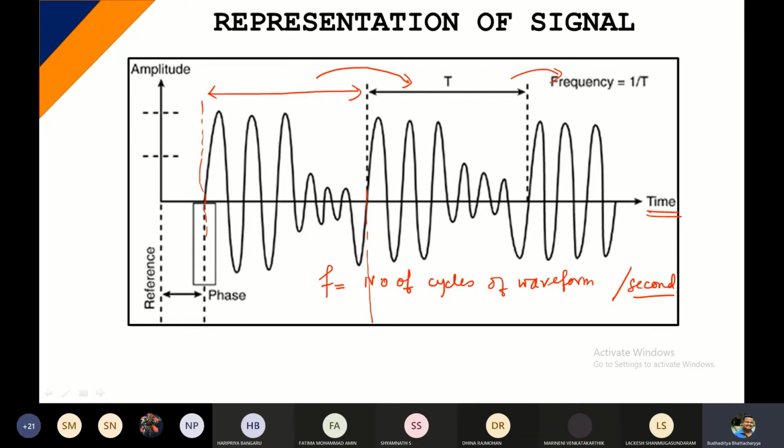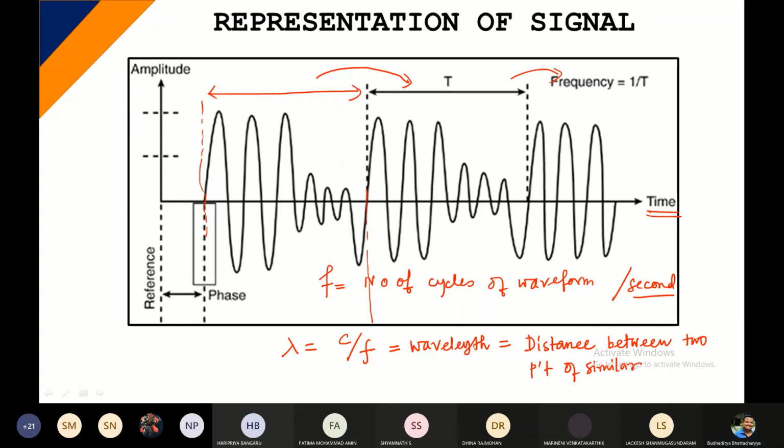Similarly, we can also define the wavelength, which is lambda. This is nothing but C by F. Please keep a note of this C by F. It will be very handy in a few slides. So lambda, or the wavelength of the signal, is C by F. Those who already know it, it's fine, but I'll keep it for everyone to understand. It is the distance between 2 points